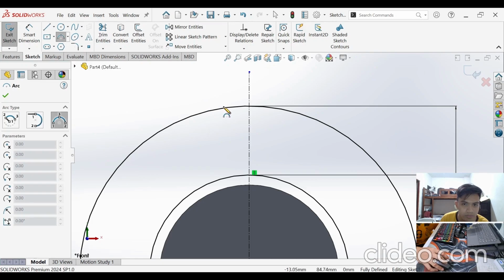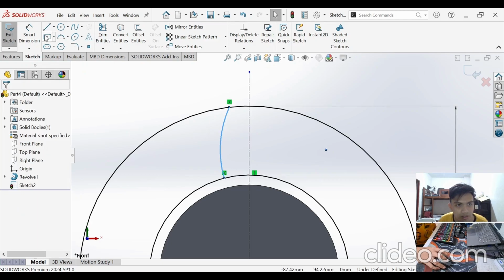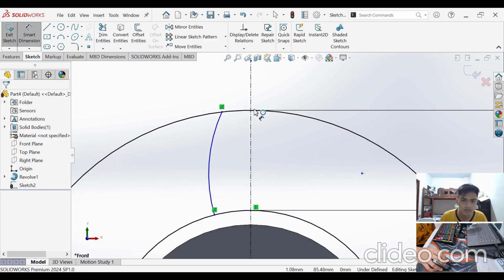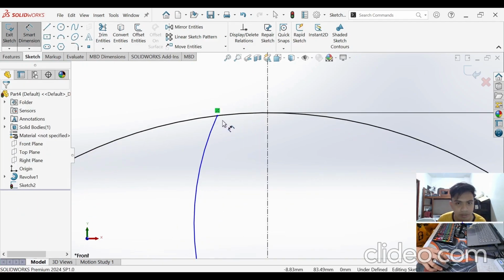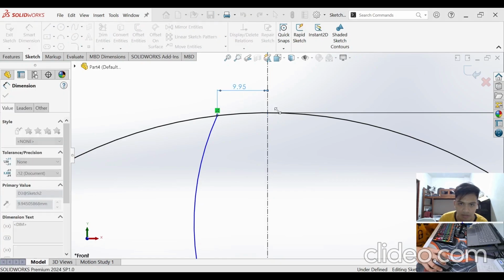After selecting 3-point arc, let's select the outer circle, the inner circle, and the space between. Then press check, and by selecting Smart Dimensions, we should fix the distance of this arc with the center line that we have created earlier.